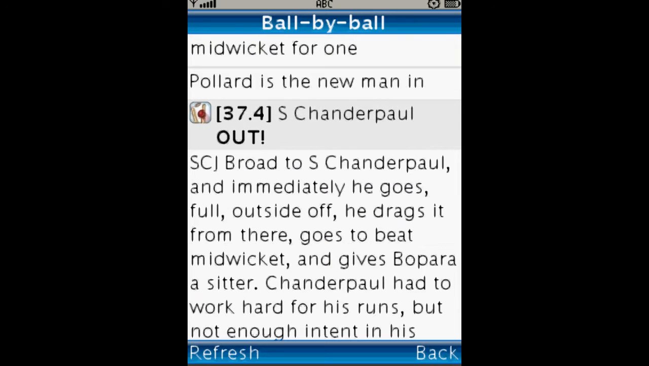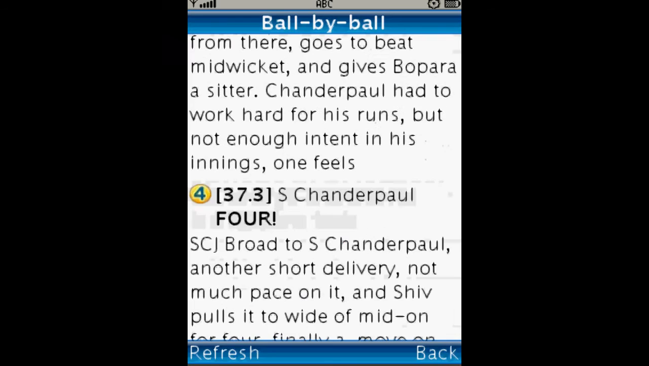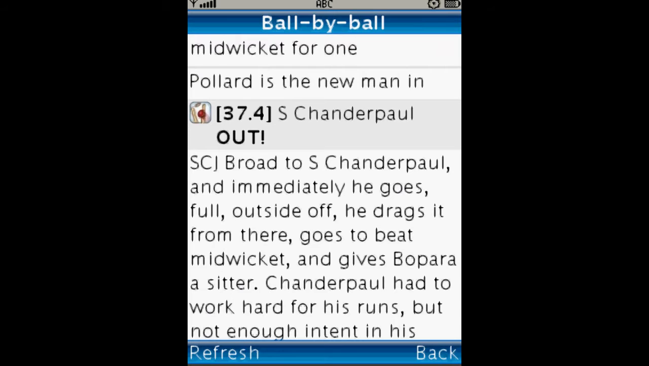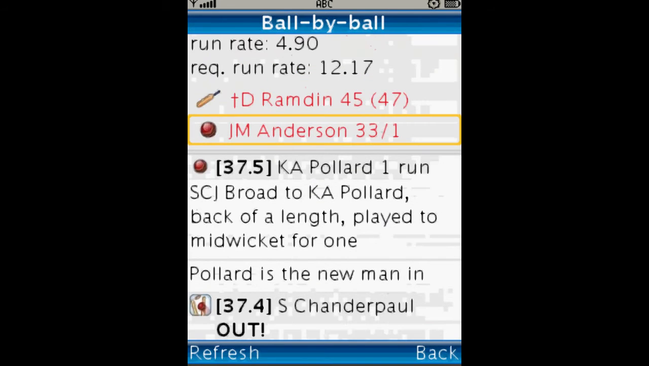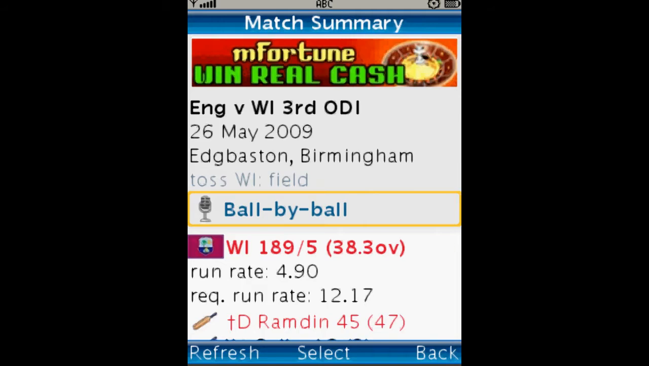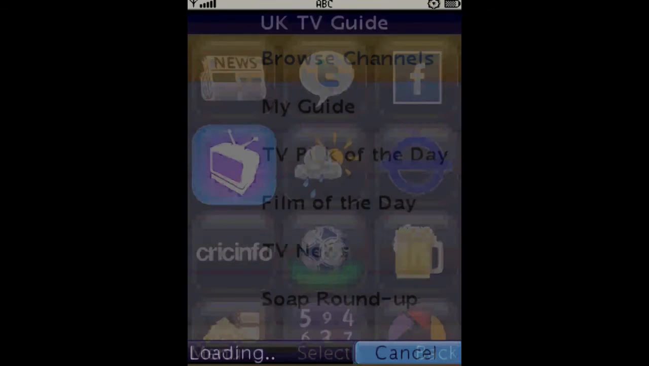I go down, so Chanderpaul is just out, which I'd have to say is pretty much curtains for the West Indies, I'd say. And above I can get through to details of the batsmen and bowlers. So I'll go back, and if we go back into the main UI, I'll go up and have a look at the TV guide,